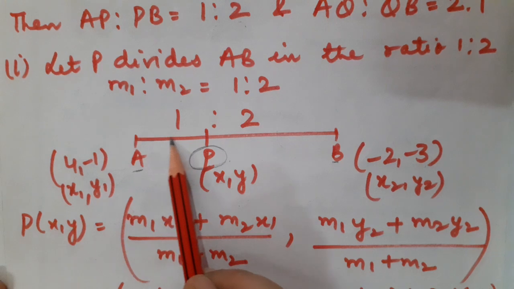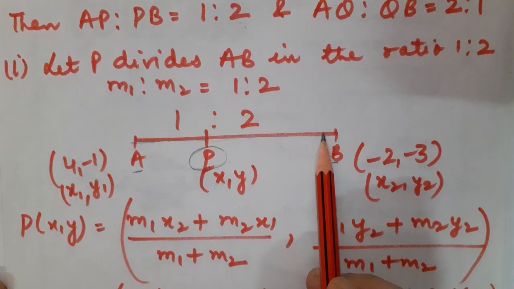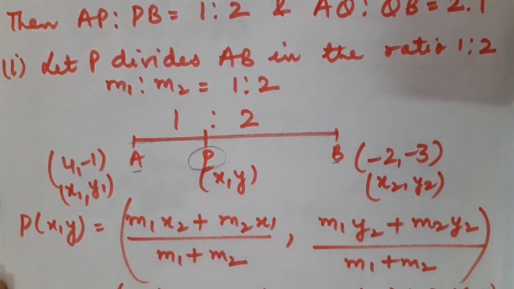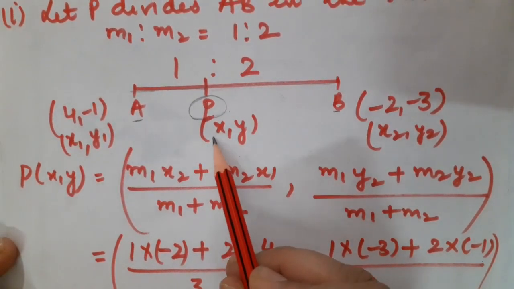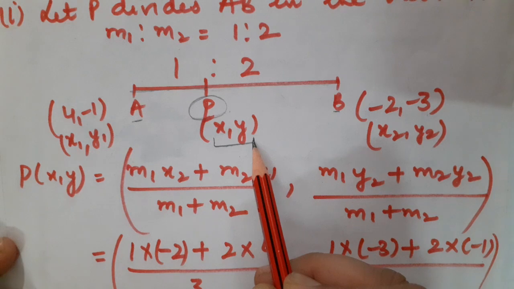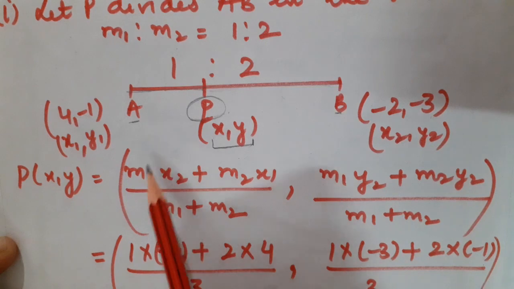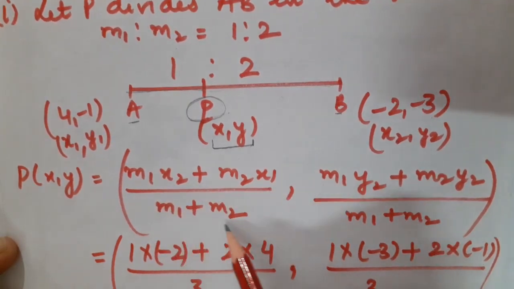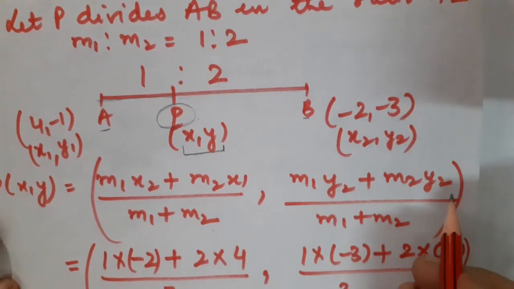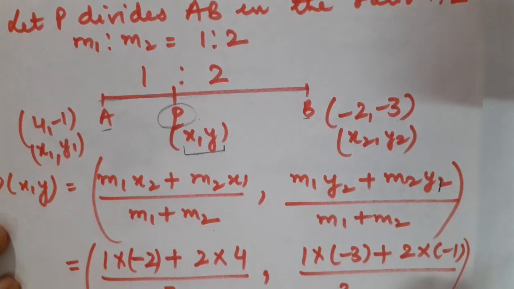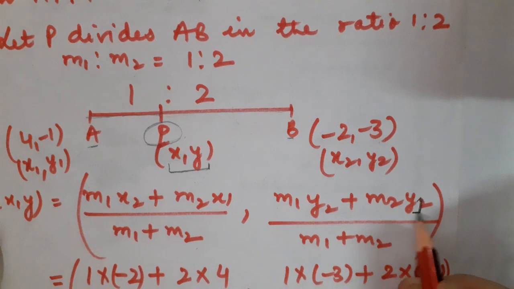Here you can see, children, by assumption, this is part 1 appearing and this is the bigger part appearing 2. Okay. So now this is the time to apply the section formula. So what is the section formula? Before that, I am going to assume the coordinates of the point P, which is the point of division, that is P(x, y) equal to (m1 into x2 plus m2 into x1) upon (m1 plus m2), and (m1 into y2 plus m2 into y1) upon (m1 plus m2). Correct, students?